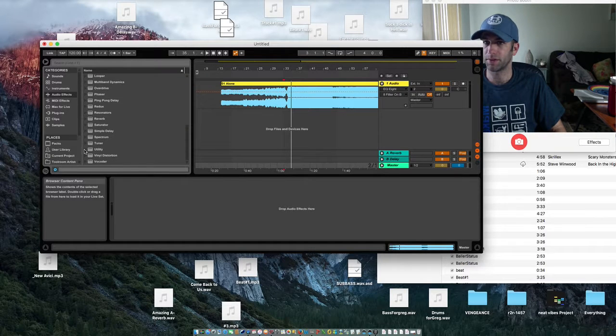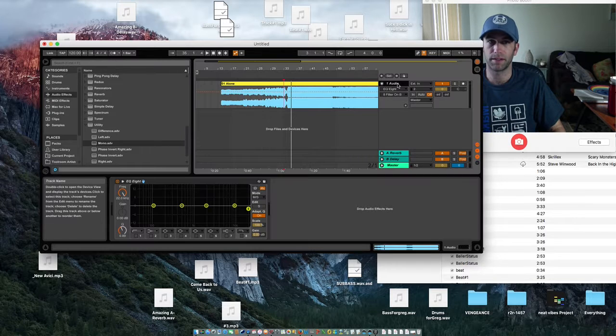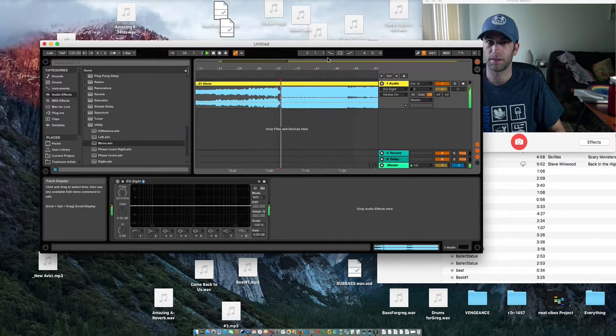If I go to utility, I can actually drop in just this mono feature. And what this does is it kind of pushes the track onto itself and turns it mono. And this is a good test to see if your mix holds up in mono, and an indicator of how it might sound through a cell phone.